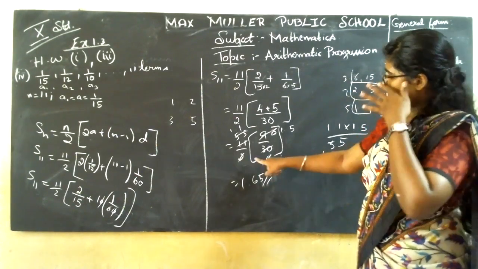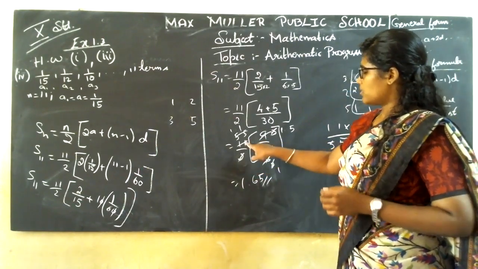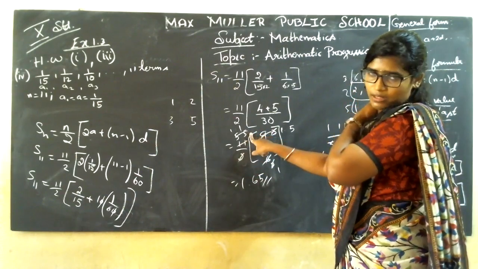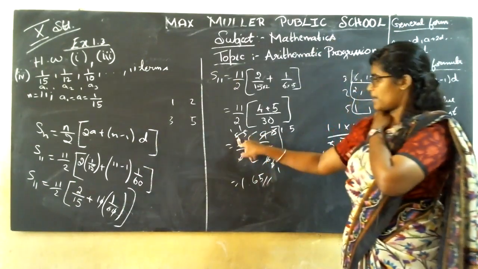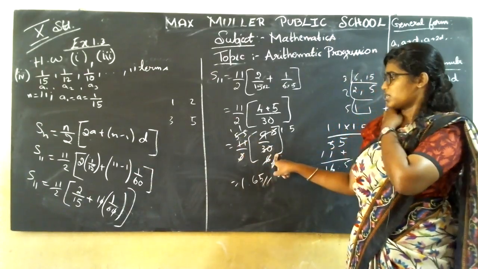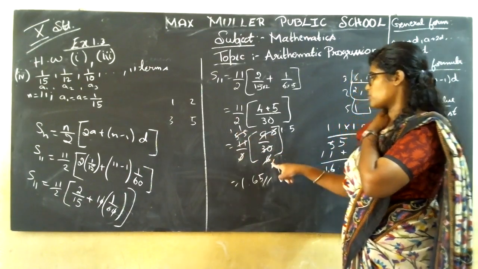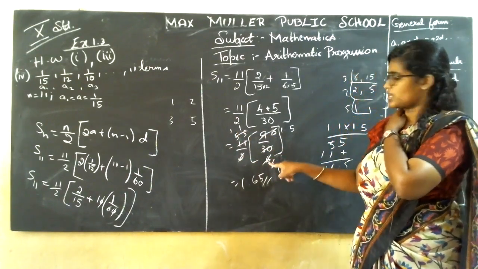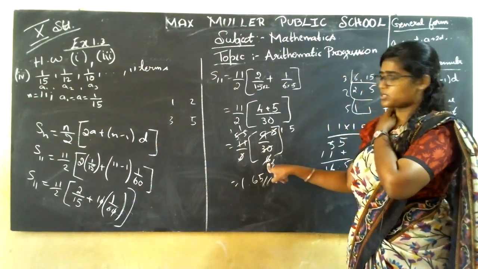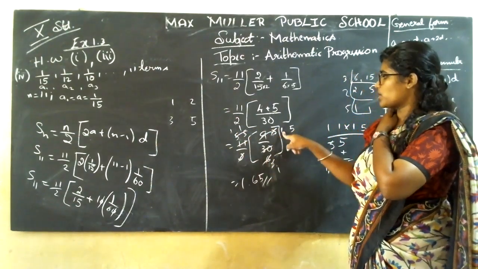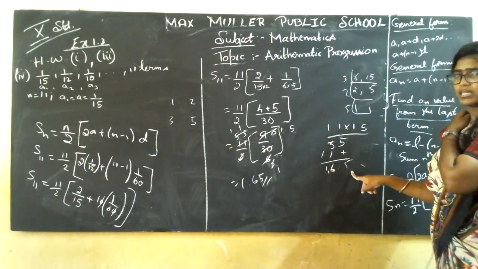Okay, here initially I did it with 2 1s are 2, 2 5s are 10, so it is 5.5. Then in 5.5, I divided 30. That is 5 1s are 5, 0.5 1s are 5. So I get it as 5 6s are 30. So 6 and 9 go in the 3 table. Then 6 2s are, 3 2s are, and 3 3s are. Then 2 1s are and 5s are. Then I multiplied here. I got 165 as the answer.